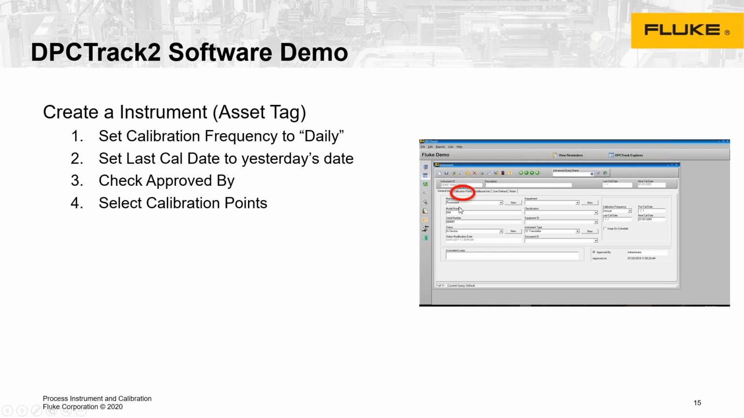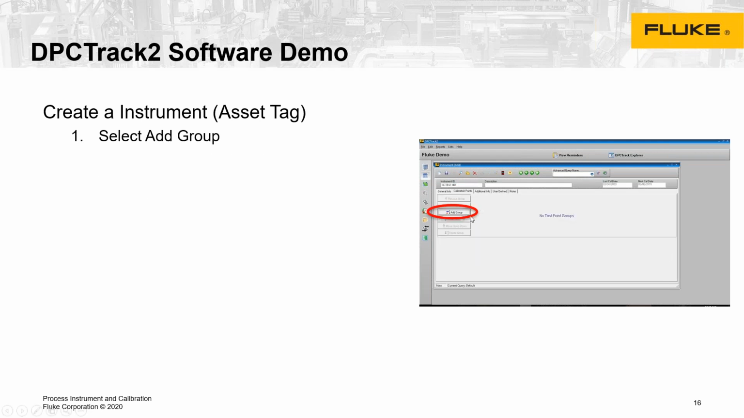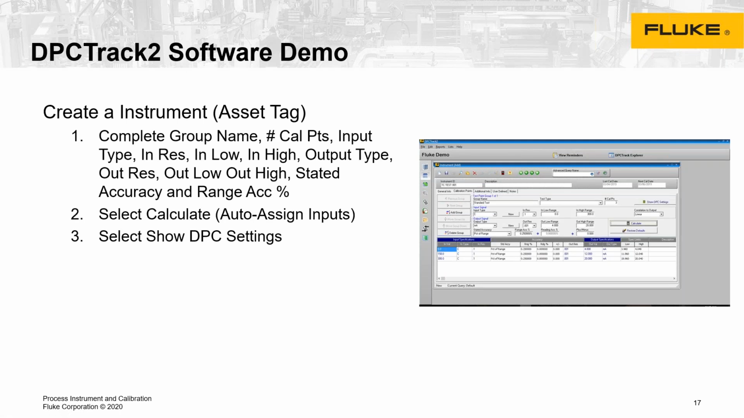Once we've entered that information, the second tab would be calibration points. We would open this up and we would want to add a group. And these test point groups are very important because this is where we actually create the calibration procedure. So here's an example of an initial calibration procedure where we would in detail notate what the input and output